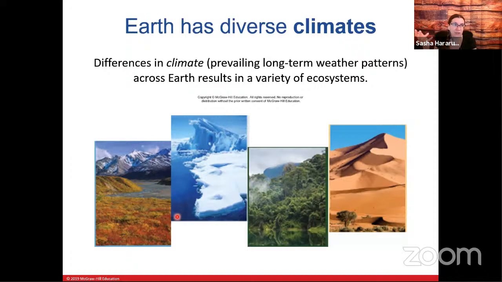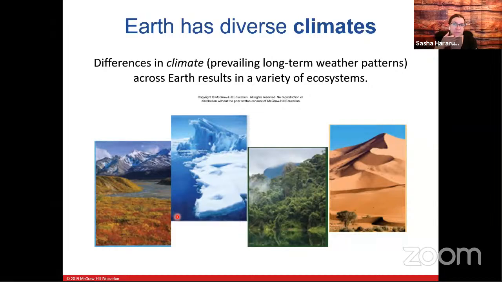And climatic conditions basically shape ecosystems. They affect species distribution and abundance across the globe. And since climates exert such a huge effect on the species composition and abundance and the type of species that would be able to exist in a particular ecosystem,